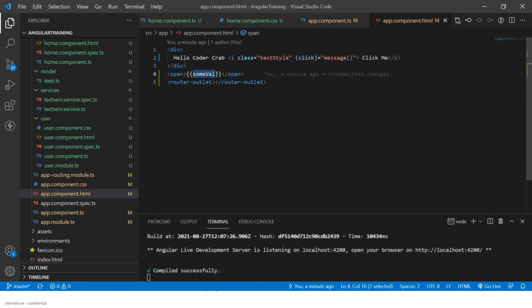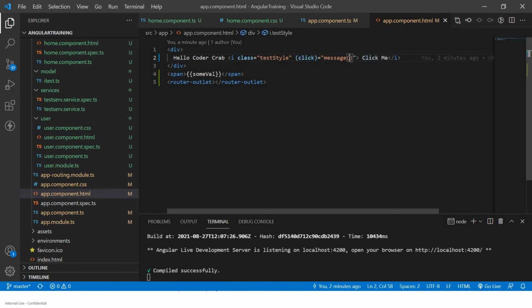So you can see this is interpolation, so you can see this data here, right? So this is event binding. You are clicking on something, and the message function is getting called.